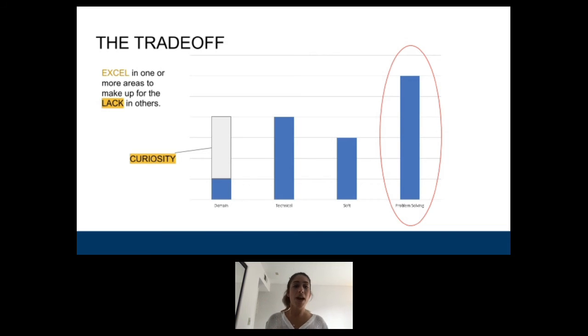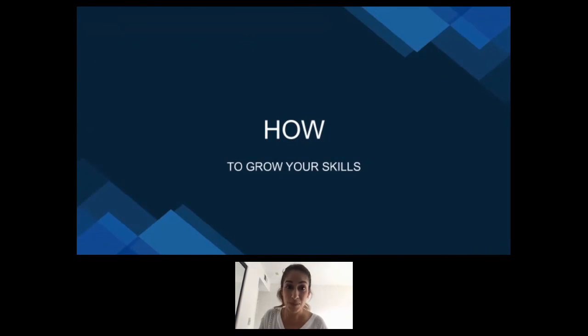and I'm going to let them know that that is where I'm going to add value. And then I'm going to make up for my lack of domain experience with a lot of curiosity, with an obsession with the field, right? And I'm going to let them know that this is my new skill set that I'm selling them on. So in my last 4 minutes, I'm going to tell you guys how.